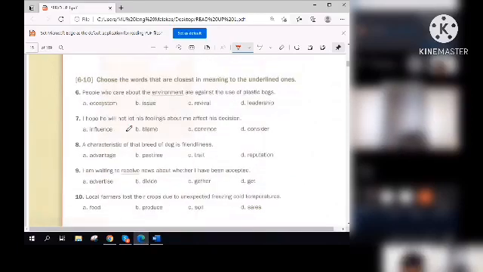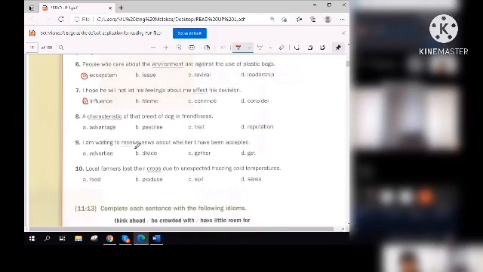Okay, good job. Number six, people who care about the environment are against the use of plastic bags. Environment. A, ecosystem. Very good. Next one, may affect his decision. A, influence. Good job.